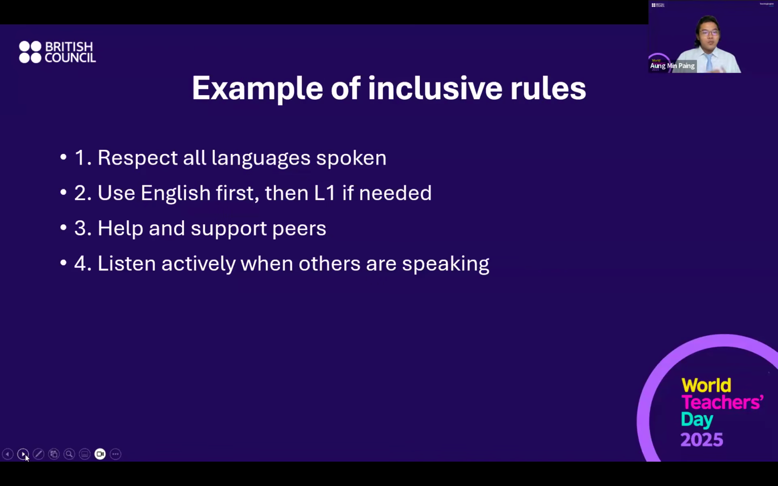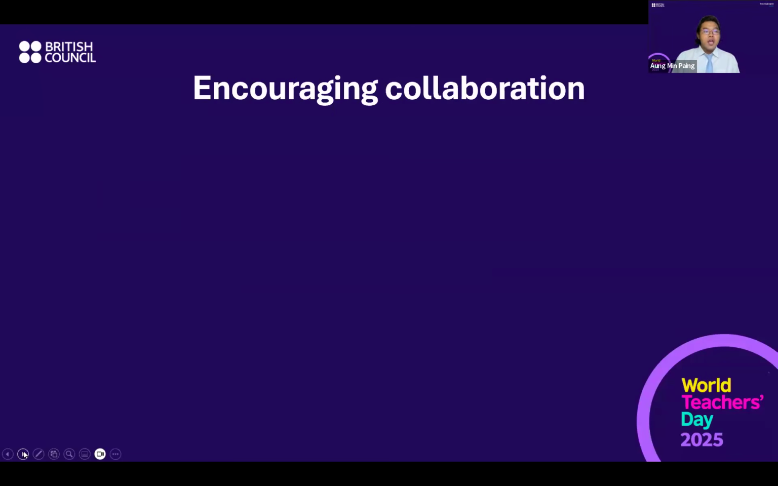Well, number 4, as you may see here, is listen actively with others when others are speaking. This means that when one person is talking, we should be listening to that person actively. So this is one thing that we do to create inclusive rules. Well, the next one is encouraging. Yeah, so let's start moving to the next point, which is encouraging